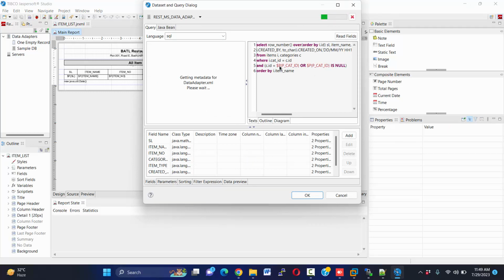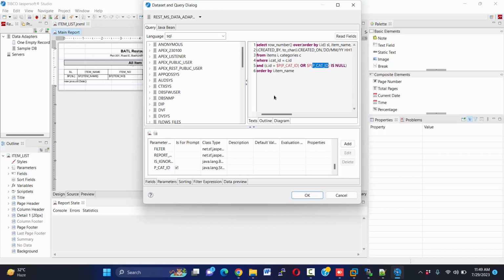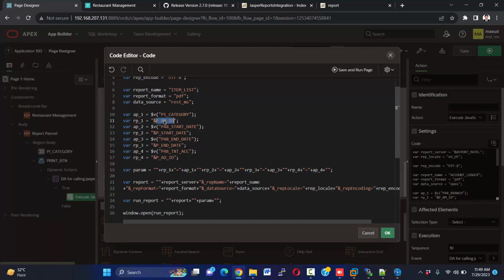You see, we set our parameter here, p underscore cat id. Okay, we must use the same parameter. Okay, and just copy and paste it here. As I have used only one parameter, that is why I don't need other parameters. So delete it,